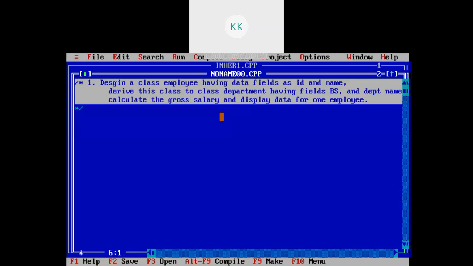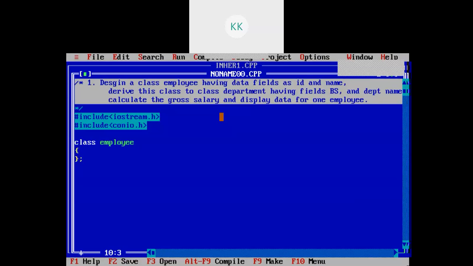So we will first include the headers: hash include iostream.h and hash include conio.h. Then we will first design a class employee. Here we need to have fields ID and name.